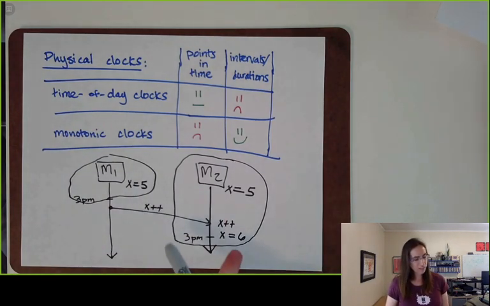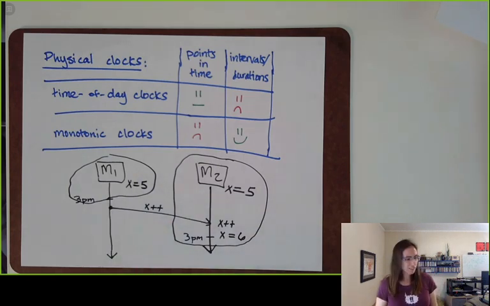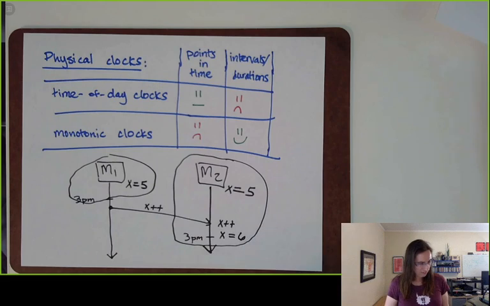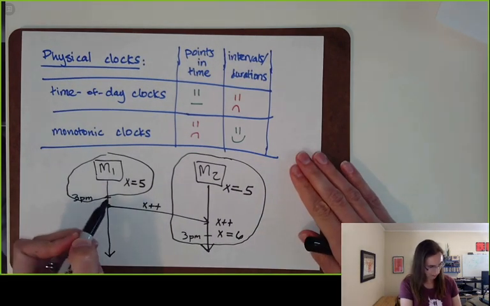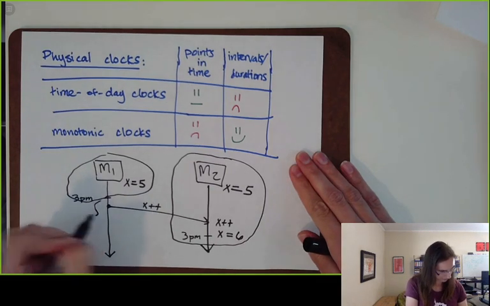M2's snapshot says that x is 6. Why does it say that x is 6? Because, well, it says, I got this message before 3 p.m. from M1 that told me to increment x, so I did. Meanwhile, M1 is over here, it's like, that never happened. M1 didn't know about it. So, depending on what happens during this interval,